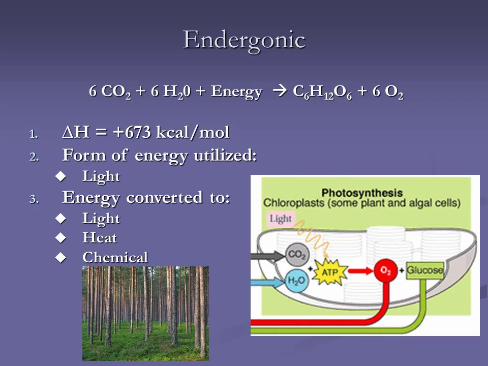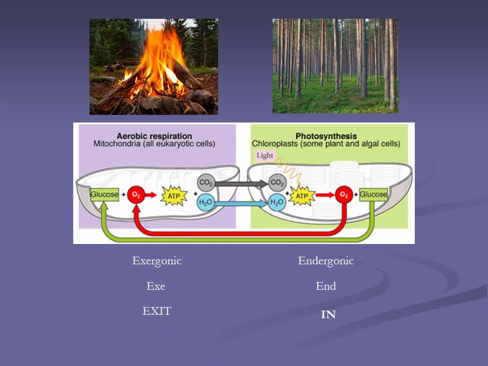We're good with exergonic and endergonic. Enthalpy, we're good with enthalpy. Negatives and positives. So again, this is where I sort of put it all together, and again, I'll put this on D2L. But I like this summary slide where we take our examples that we know in the real world, we apply it to what our cells are doing. All eukaryotic cells, plant and algae cells that have chloroplast. Endergonic, end, in. Exergonic, ex, exit. So you know energy in, energy out. That's the big deal. Energy in, energy out.